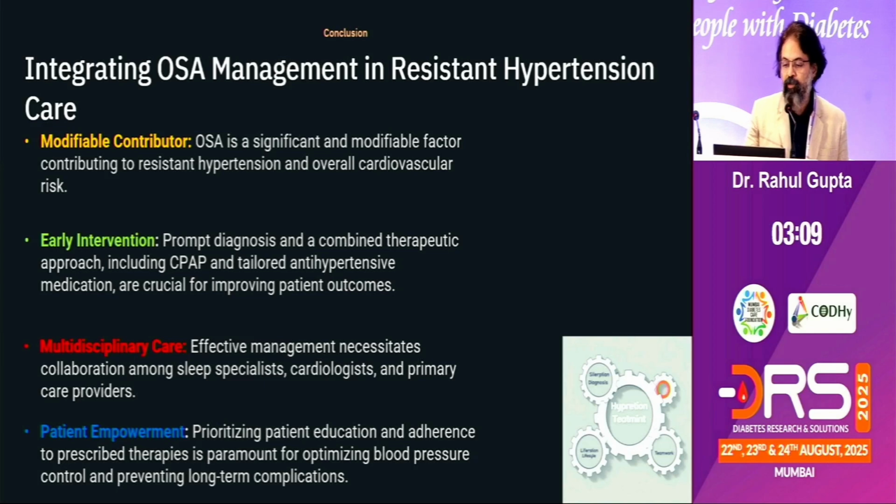Early intervention, prompt diagnosis, and a combined therapeutic approach, including CPAP and tailored antihypertensive medications, are crucial for improving patient outcomes. Multidisciplinary care: effective management necessitates collaboration among sleep specialists, cardiologists, and primary care providers. I think we all have to suspect, get the investigations done, and then refer to a person who is taking care of the sleep apnea. And prioritizing patient education and adherence to prescribed therapies is of paramount importance in optimizing blood pressure control and preventing long-term